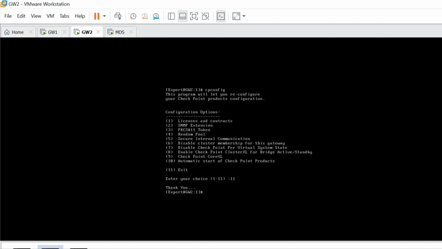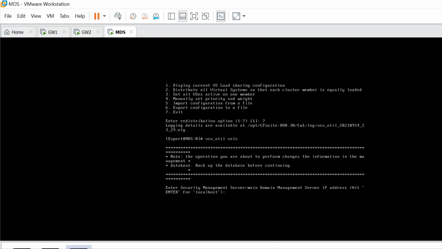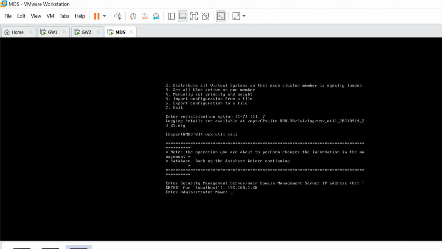Let's see what we can see now. Let's select option 1. Let's select option 2 here, distribute all virtual systems so that each cluster member is equally loaded. Policy installation is required to apply the configuration. Make sure the cluster members are up and reachable before continuing. So I'm saying yes. Let's see if it works for us.